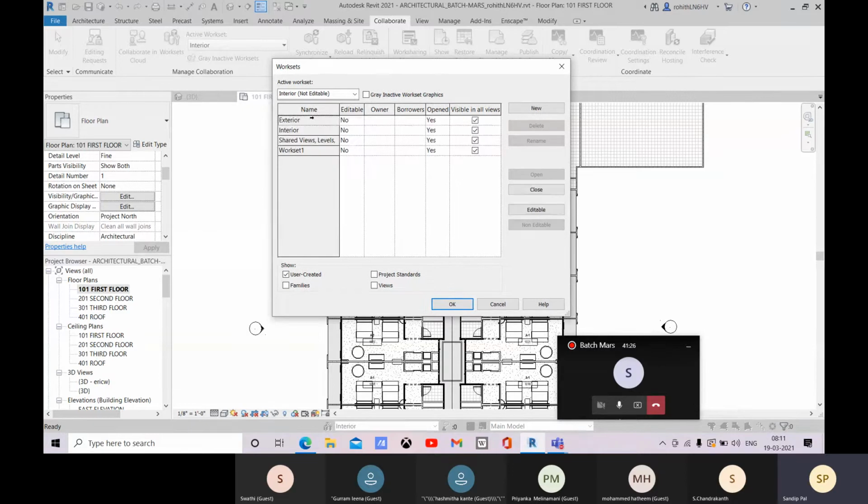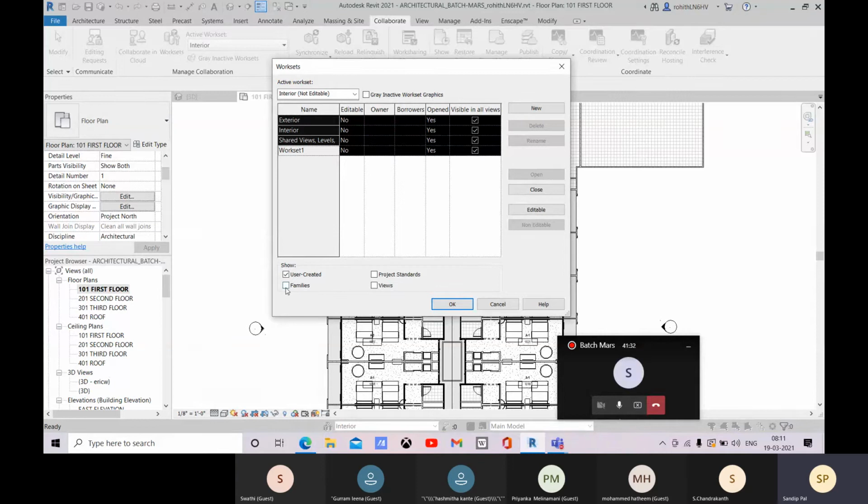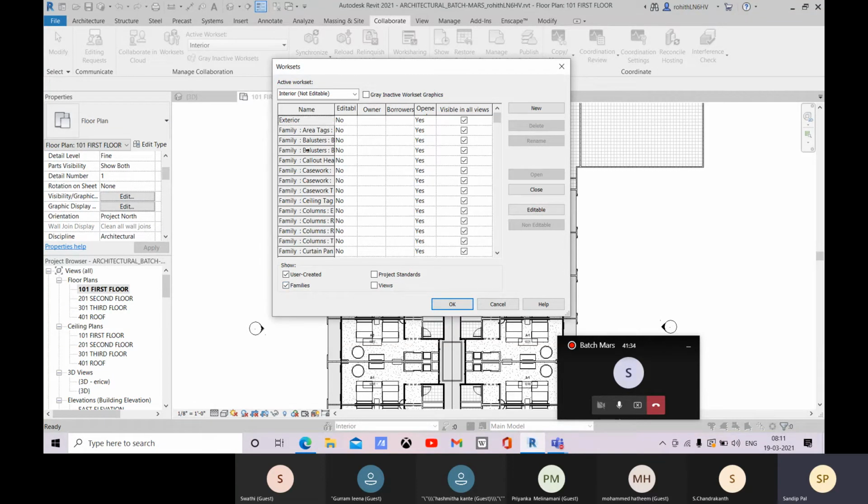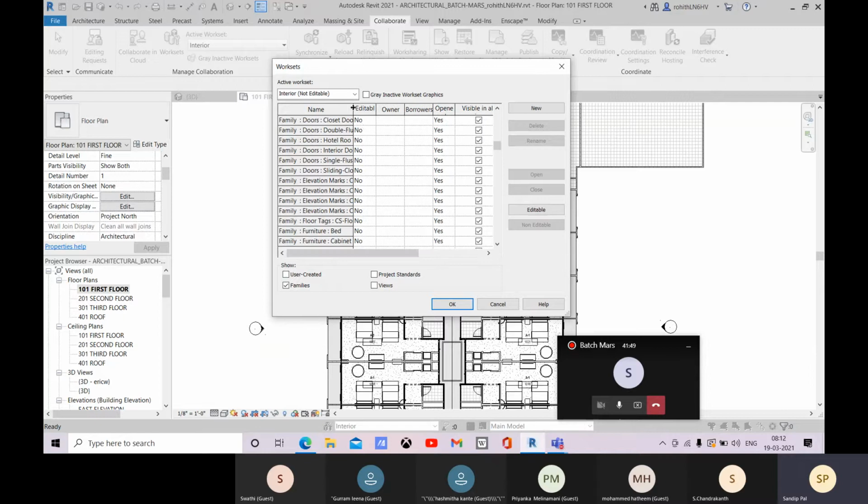So these all come under user created. And we have some families, created as per the family. Revit creates them, Revit controls them. So here if you uncheck user created, you can see them.